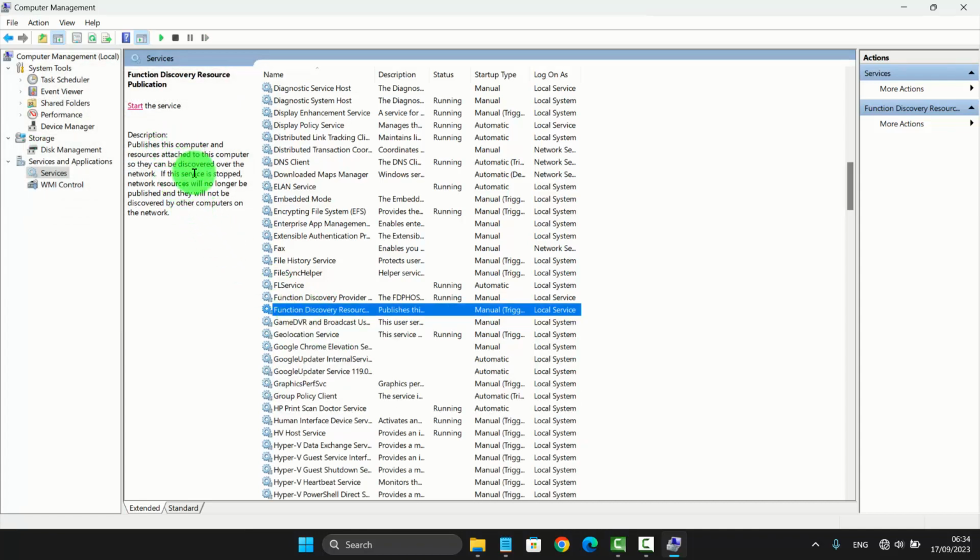Publishes this computer and resources attached to this computer so they can be discovered over the network. If this service is stopped, network resources will no longer be published and they will not be discovered by other